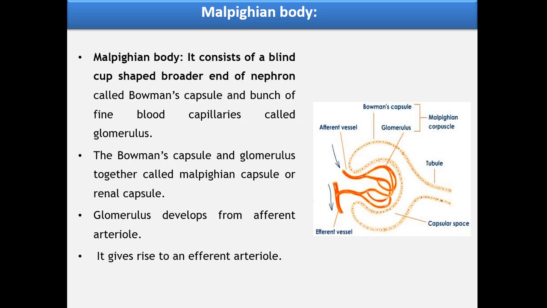And again these are reunited and form the efferent arteriole. Please observe the difference, children. Afferent, AFFERENT, and the blood vessel which is coming out of the Bowman's capsule is called efferent, EFFERENT arteriole. So, it enters as afferent arteriole, forms glomerulus and comes out of the Bowman's capsule as efferent arteriole.